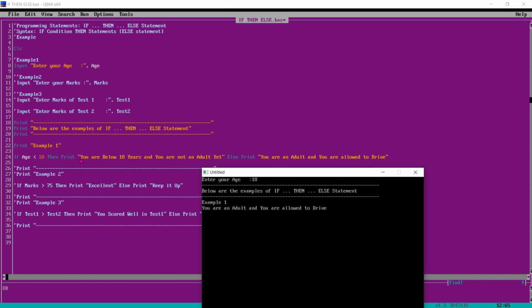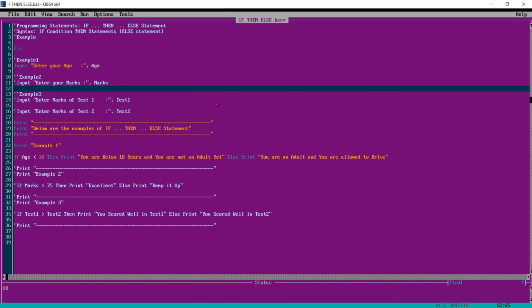This time the age I entered doesn't fulfill this condition, so it jumps to the else statement. So this way we can use if, then print this, else print this. This is the use of if, then and else statements.